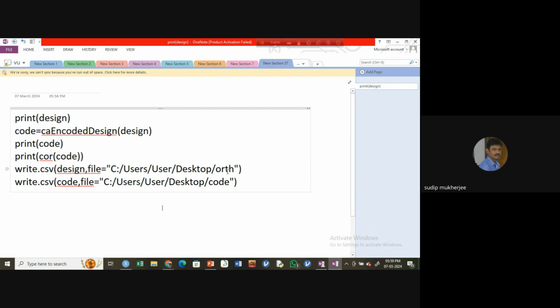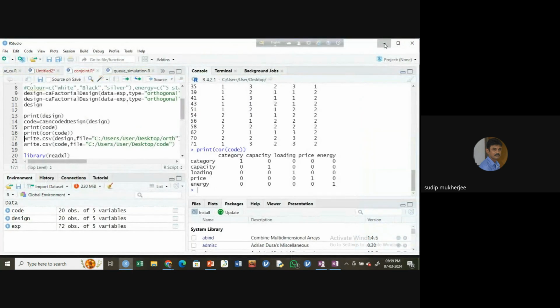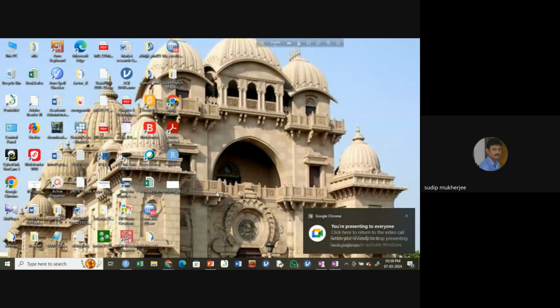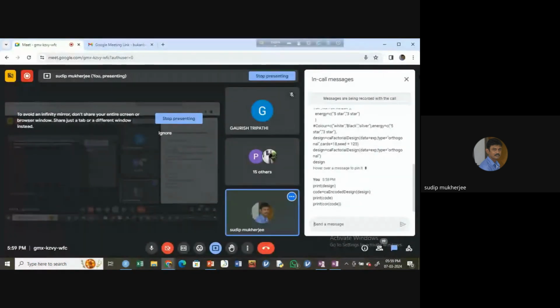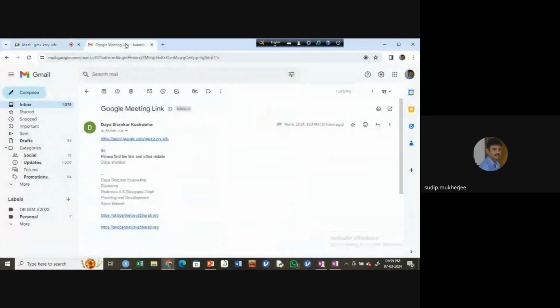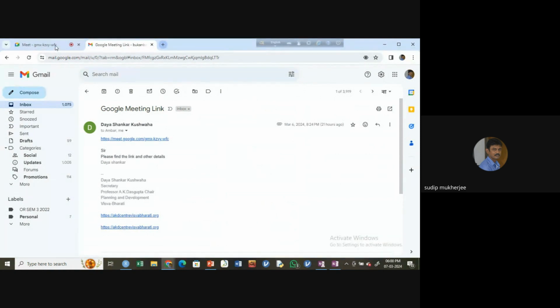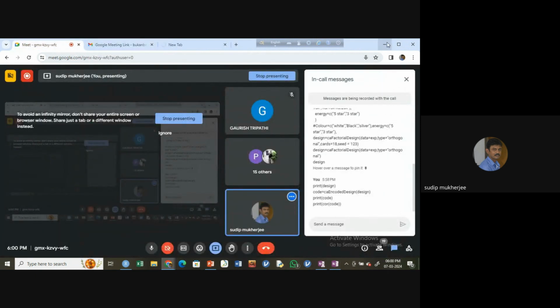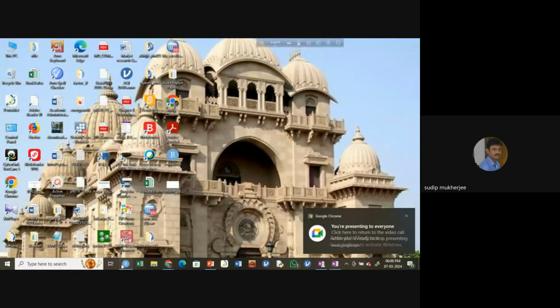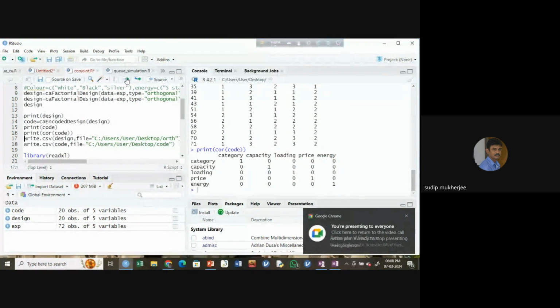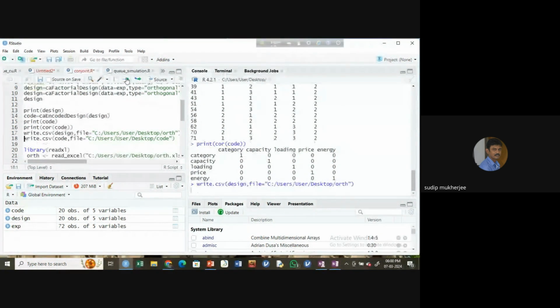You just open your data auth. When you run this command, write CSV underscore auth and write code,